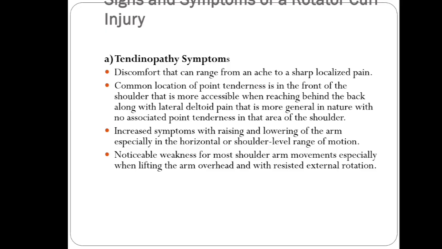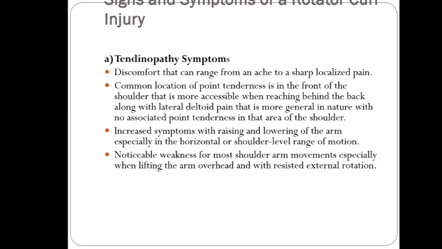So now we'll discuss the signs and symptoms of rotator cuff injury, their diagnosis, and their treatment. Tendinopathy symptoms include discomfort, which can range from an ache to sharp localized pain. There could be a common point of tenderness in the front of the shoulder, which is more accessible when reaching behind the back, along with lateral deltoid pain, which is more diffuse in nature with no associated point tenderness in that area of the shoulder, and increased symptoms with raising and lowering of the arm, especially in the horizontal or shoulder level range of motion. So there could be weakness for most shoulder arm movements, especially when lifting the arm overhead